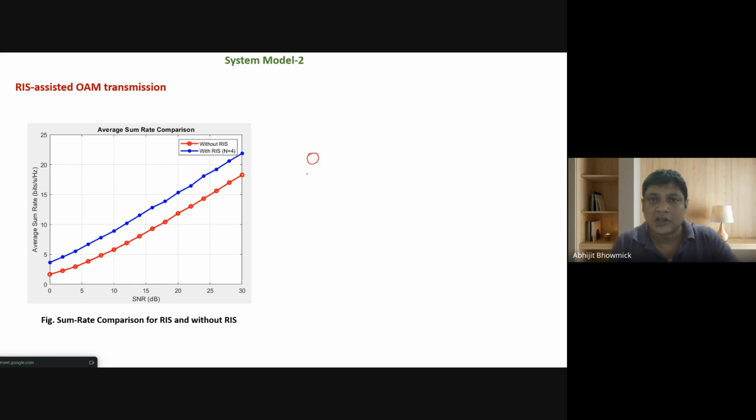This is a transmitter. I'm placing the RIS here. And there are two, receiver 1 and receiver 2. So normally it hits,